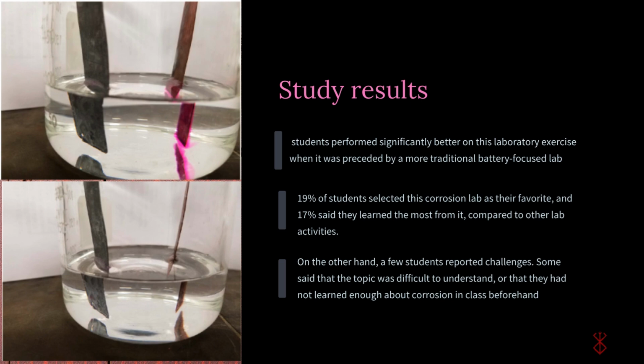In 2016, students who first completed a battery lab scored an average of 74% on the corrosion lab assessment. In comparison, in 2015, students who did not have the prior experience scored only 65.9%. The difference was statistically significant. This suggests that corrosion experiments work best when they build on foundational electrochemical knowledge, helping students reinforce and apply